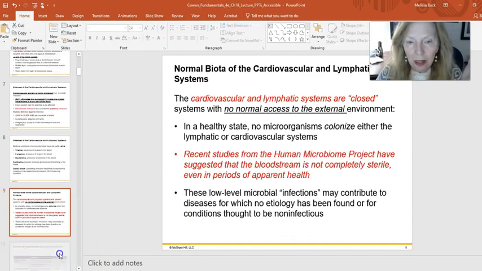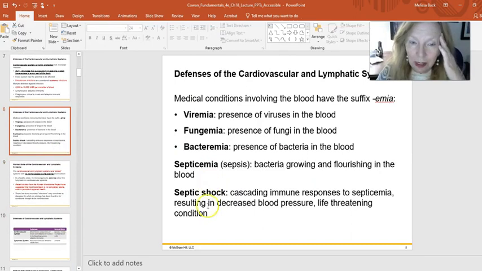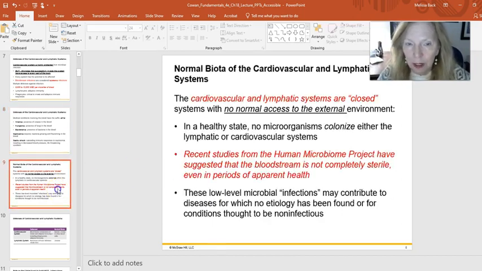The shocking thing, and you can see some of these numbers, but the shocking thing about sepsis is that many times, even with the best medical care, even immediate medical care, you can see mortality rates up to 50%, and that's with best medical care. So this is a very serious thing.